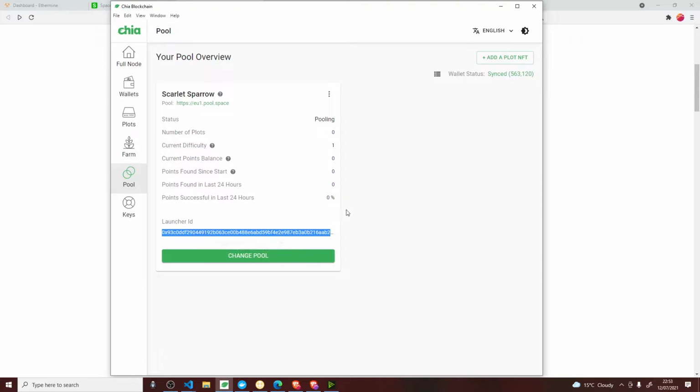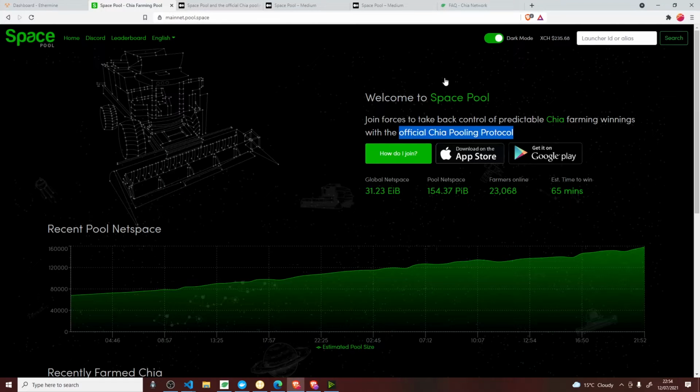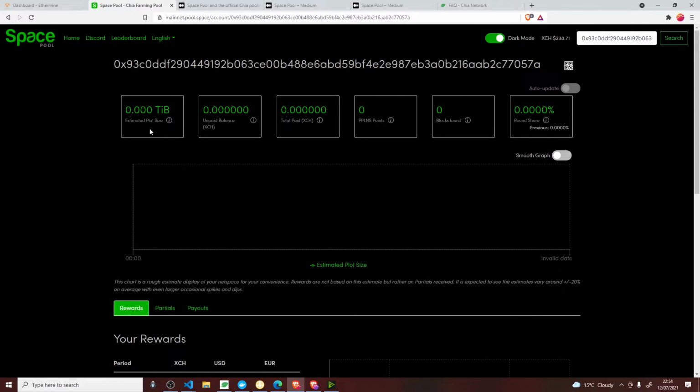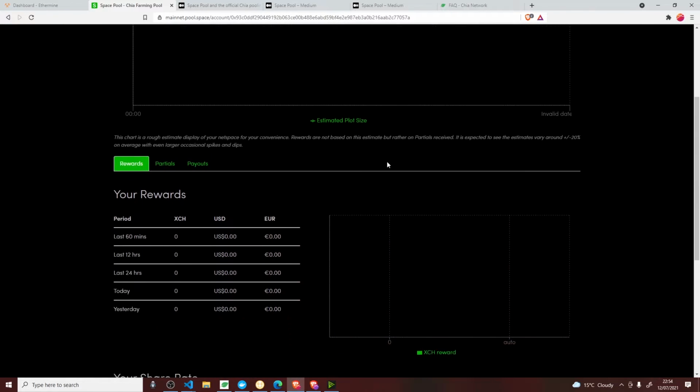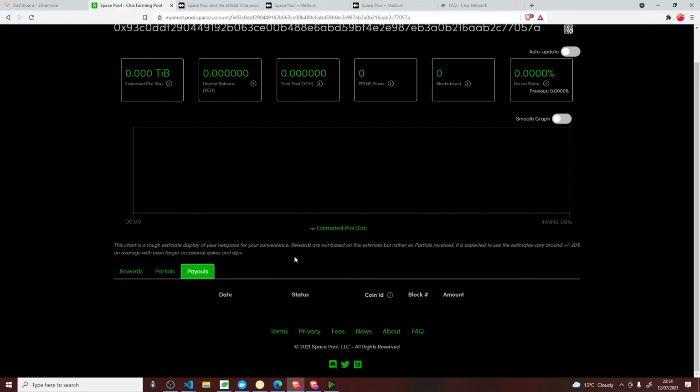We'll actually copy it there. If we come over to here, space pool, and if you put it in there, you're not going to see anything at the moment. Do your search, and then this will tell you your plot size, or estimated plot size, I might add, unpaid balance, total paid, points, blocks found, round share, etc. And then you'd have your rewards here, and your payouts there.